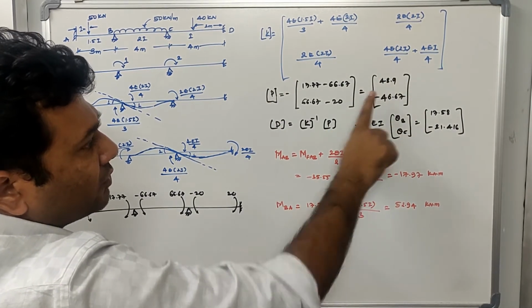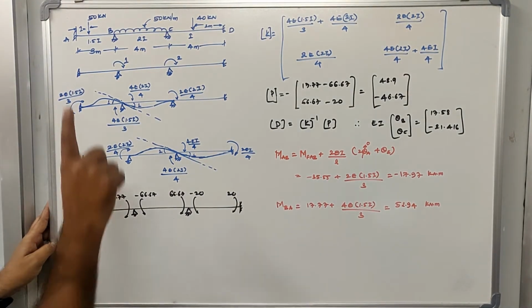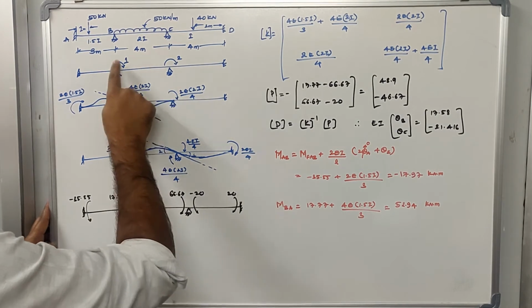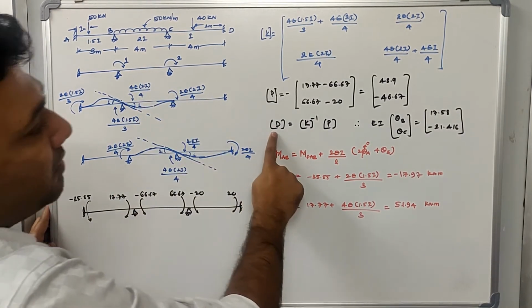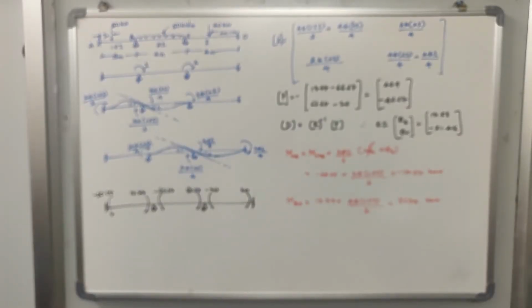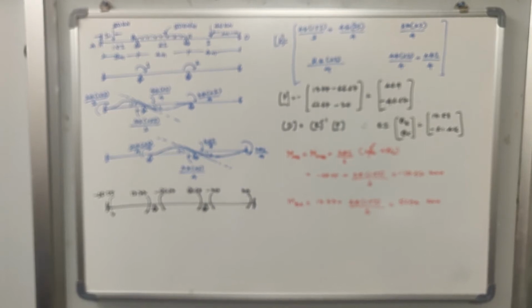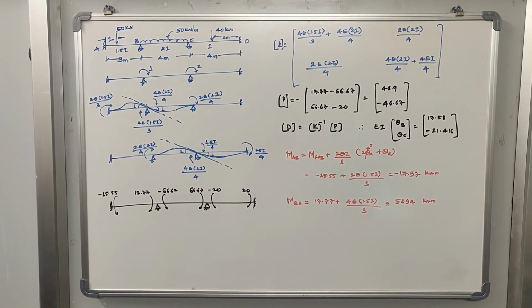After determining the force matrix, the next step is to find the displacements. What are the two displacements that you are going to calculate here? Theta B and theta C, right? So the displacement matrix is theta B and theta C. So let us try to understand how to solve the matrices in the calculator. I will just explain the procedure of how to solve the matrices. First let us focus on the matrices that we have. We have the K matrix and we have the P matrix. I hope you have all written them down in your notebook. After writing these two, we can solve for the displacement matrix.